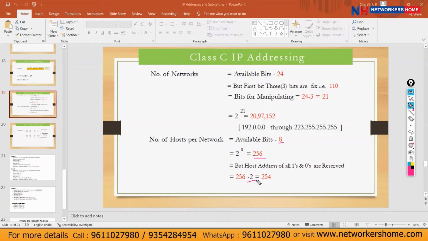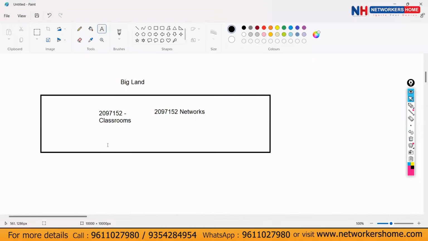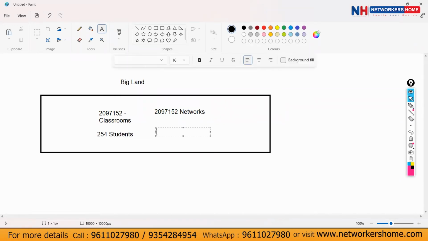Minus 2. Why? One broadcast IP, one network IP. So minus 2 gives 254. So you can have 254 students in one classroom, or 254 PCs and laptops. We call them hosts in one network.